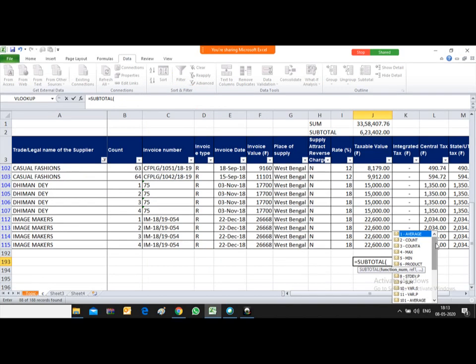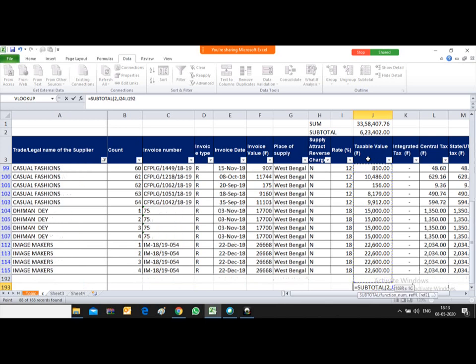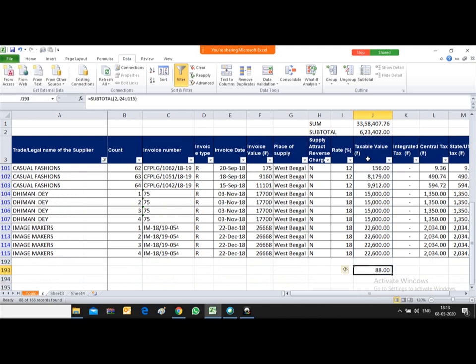Under here there is a count option available. So put 2, comma, and then provide this range and close the bracket. After closing it, you just see 88.